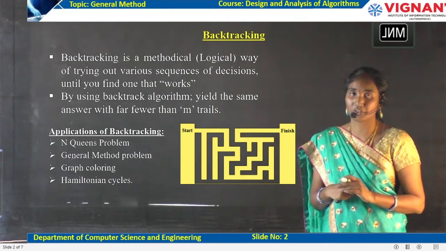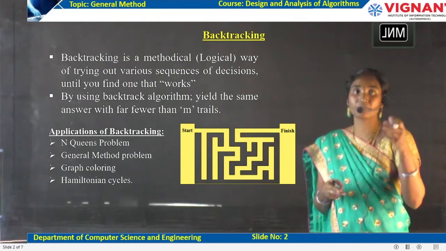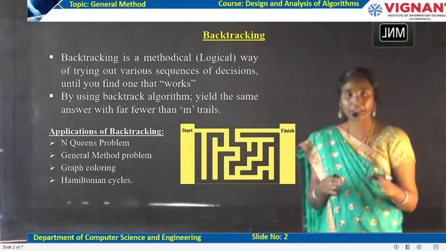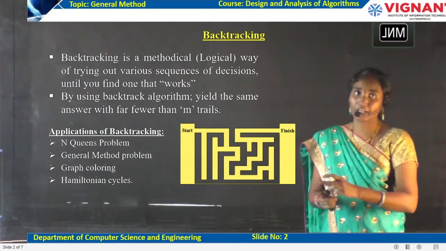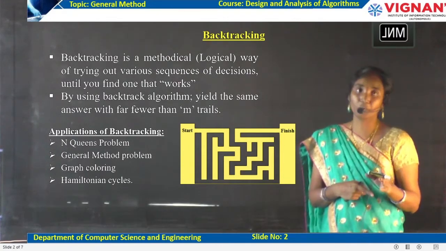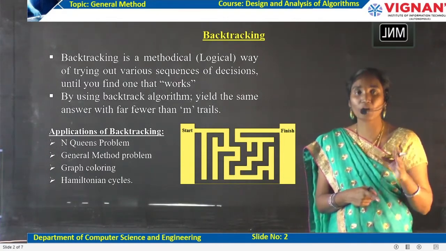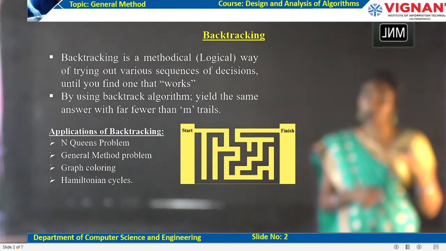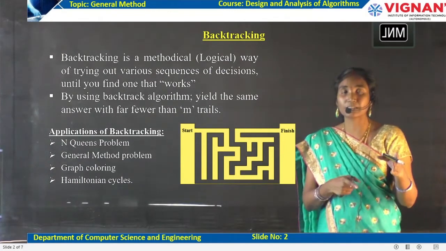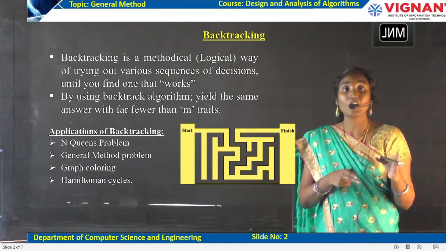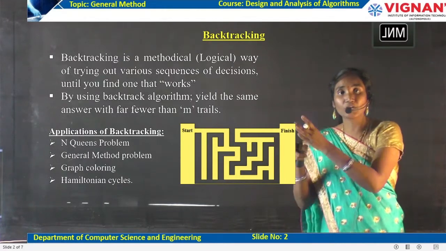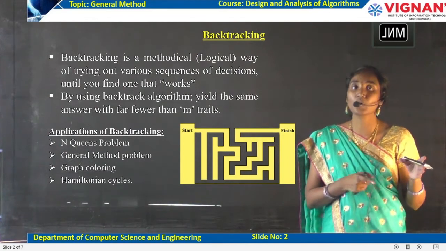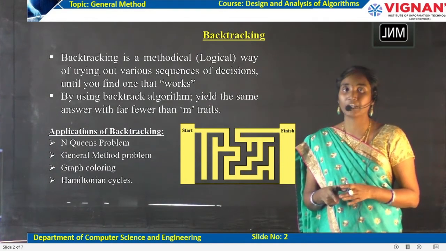get your destination. Further, suppose there is an obstacle in a room while entering, then at that particular place you come back from that room, and again you go through another room to reach your destination. Whenever you find an obstacle or a closed room, you simply come back, which is nothing but backtracking. You come back and take a new decision to reach your solution. So this is a classical example of backtracking, which is the maze.